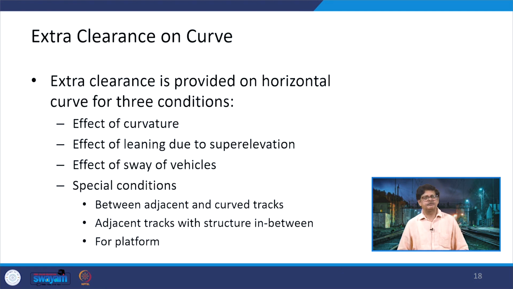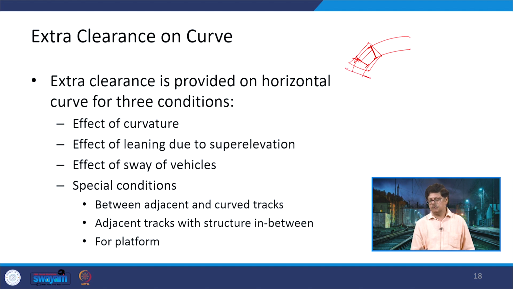Now, let us shift to extra clearances on the curves. When we are talking about extra clearances, we are moving on a circular curve. The bogie is moving at the top of it. So, the size of the bogie will be a bit like this. There is a movement in the lateral direction, there will be a movement in the upward direction. So, bouncing can also be there, there can be pitching,